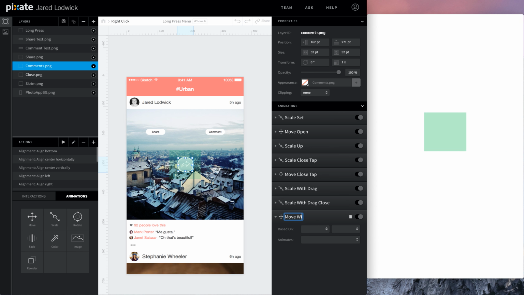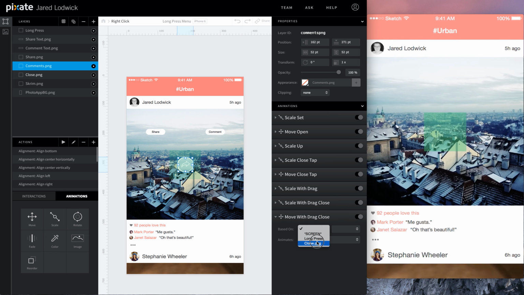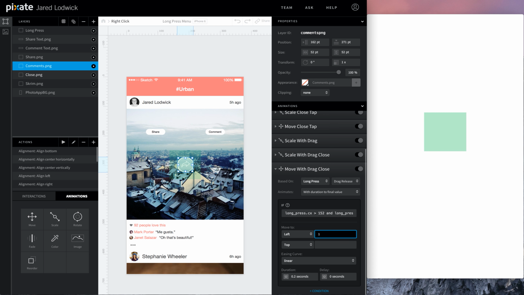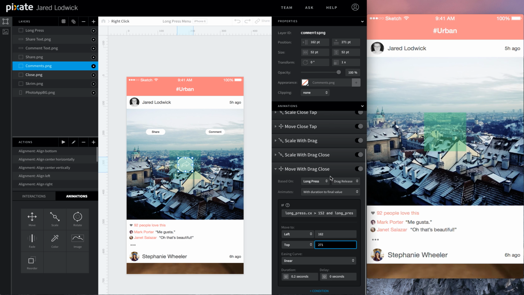So we'll say move, call this move with drag close, based off of long press's drag release. Bring it back to its current position because it's in the closed position right now of 162 and 271.